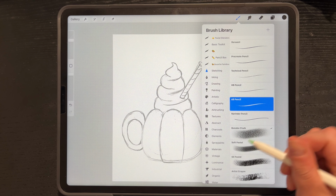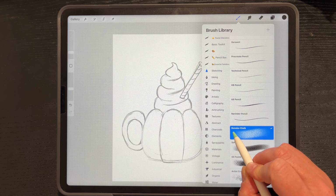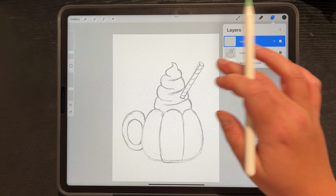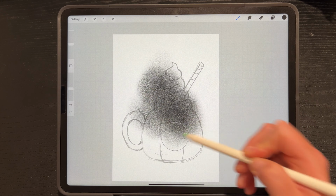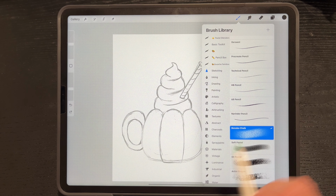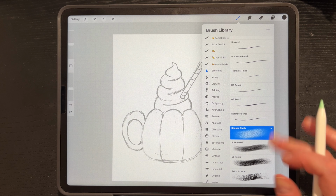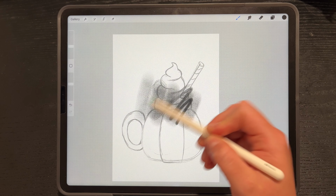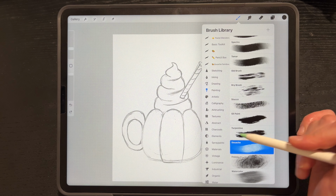I will be using a soft pastel for shading a little bit later. We have the bonobo chalk. It's also great for shading. It's very delicate and grainy. And it layers up really good. And if you don't have it, it was part of the earlier Procreate. If you go on a Procreate forum, a Procreate website, if you type it in, you'll be able to find it again if you'd like it. But soft pastel does awesome as well for layering, or you can use any other brush like the gouache brush,